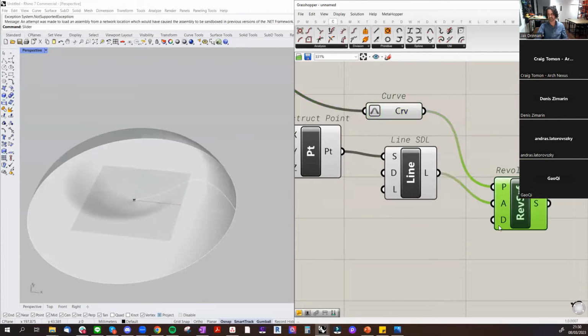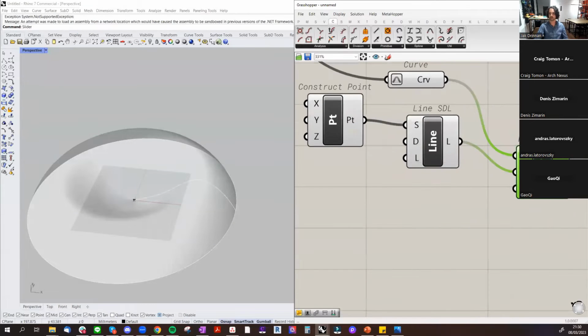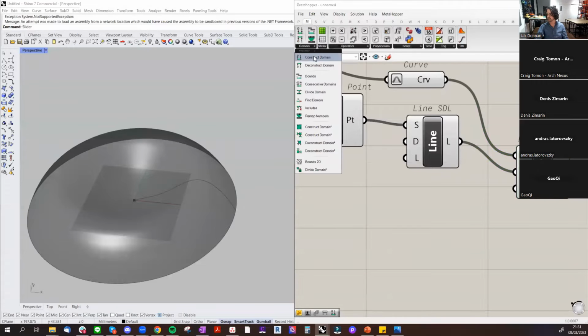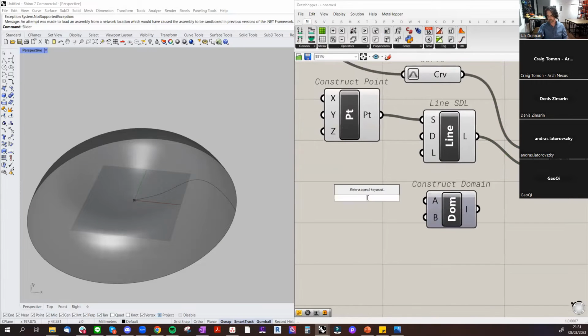And it already has this D input as basically 360 degrees, which is a domain. So I'm going to construct a domain, and I'm going to reset this because I want to control this, so I can explain a few things as well. So I'm going to add a panel with 360,